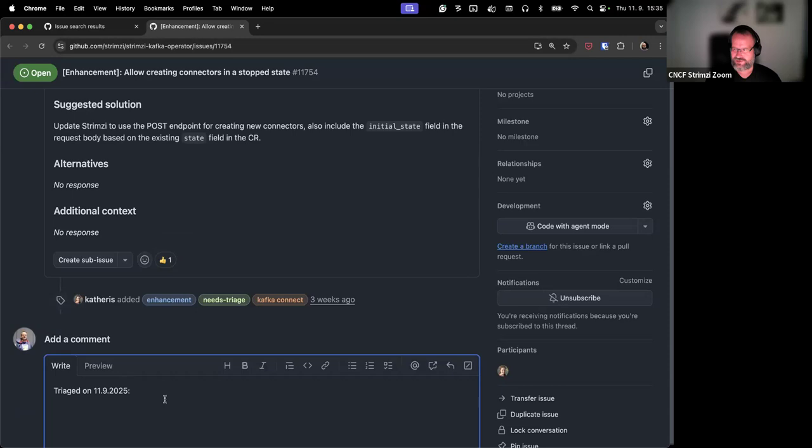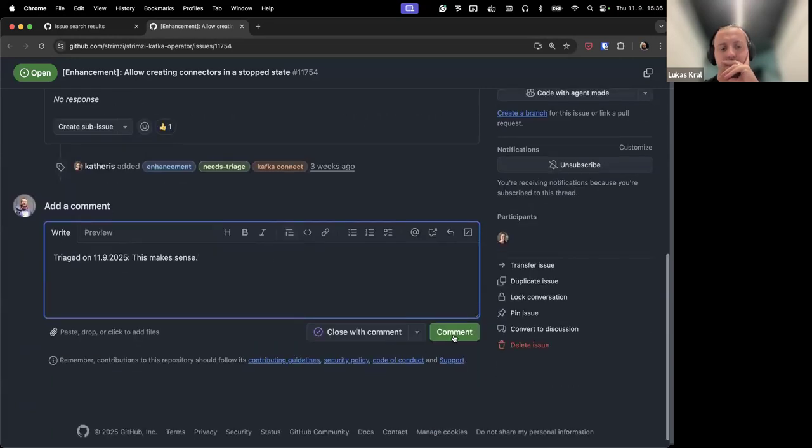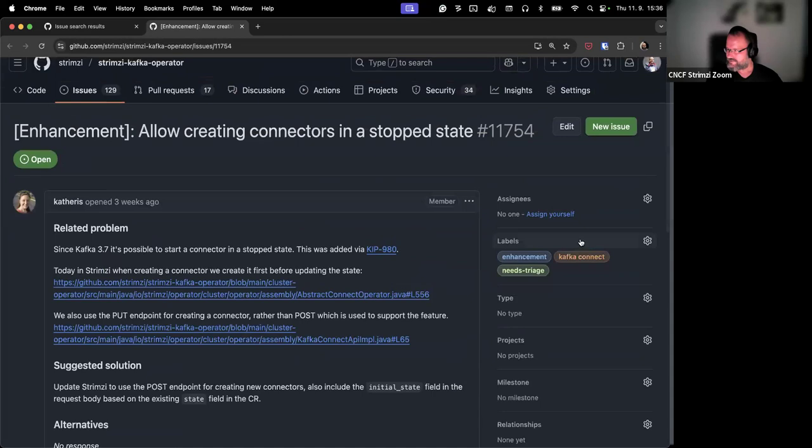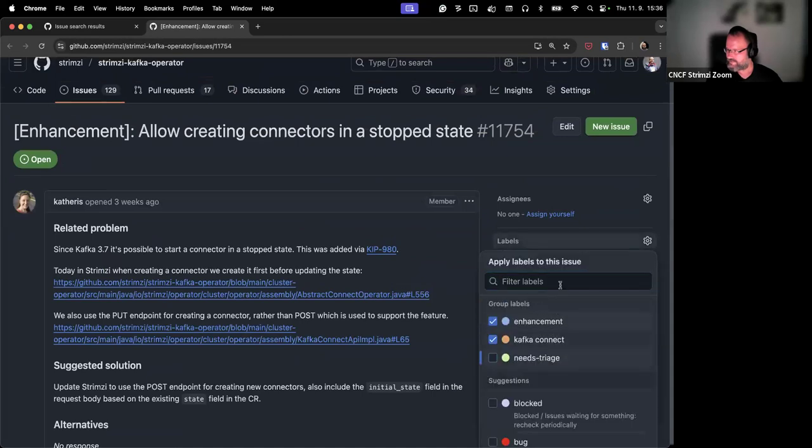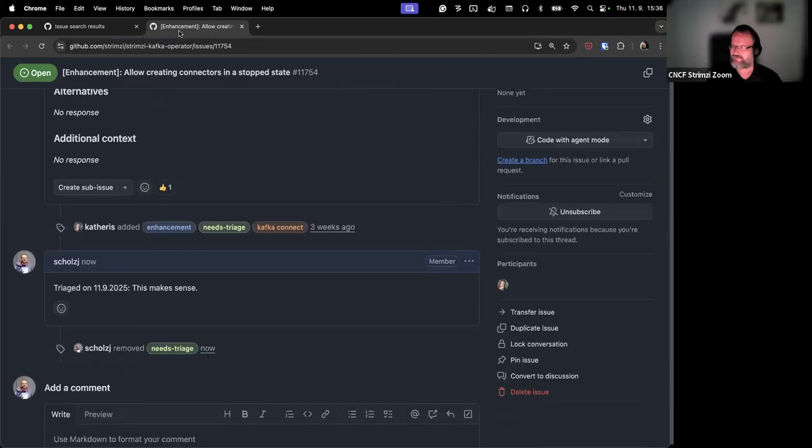So I think we just still use the existing API. Yeah. So the API for connectors would stay the same. It's just how we handle it underneath. Yeah, I guess that makes sense. Anyone else? Yeah, makes sense to me. Yeah, fine. So, any special labels for it, Kate? No, you can leave the connect label on. Yeah, I'll probably pick this one up fairly soon.